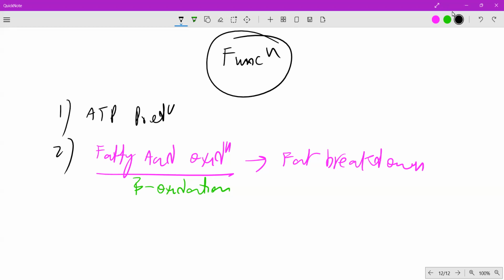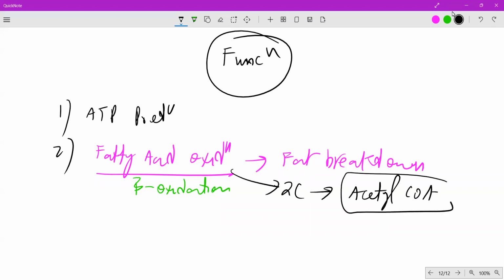Beta oxidation होती है, fatty acid का breakdown होता है mitochondria में. And when the fatty acids are broken down, we get 2 carbon subunits. This will liberate 2 carbon subunits. We call them as acetyl CoA, which are the 2 carbon compounds. So this is also a function of mitochondria. Now, if I ask you in plants,